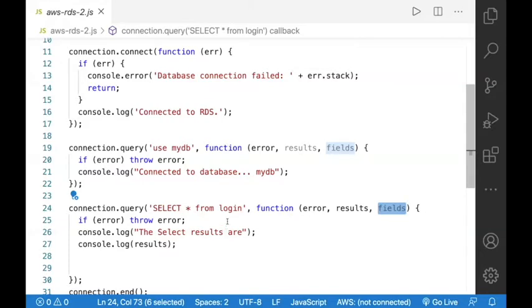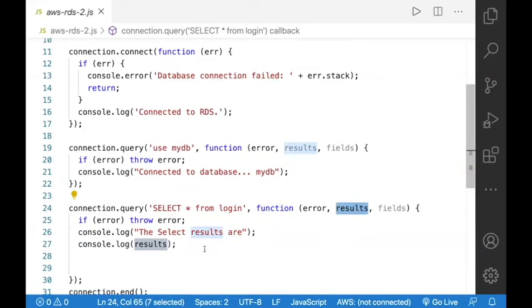In this particular program, we see how we use the results. The fields parameter contains all the field information about a table. The results parameter contains all the results which are retrieved from the table. So in the console.log, I have just displayed the results.